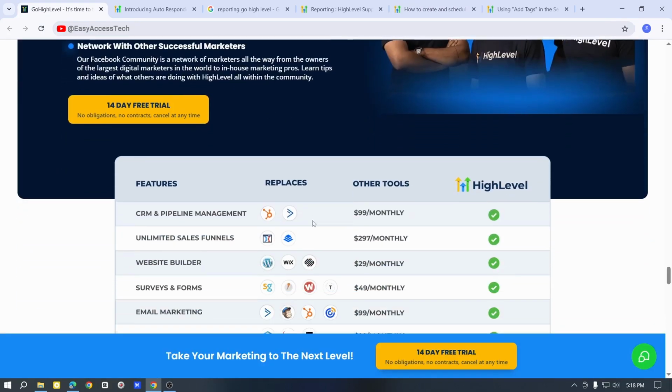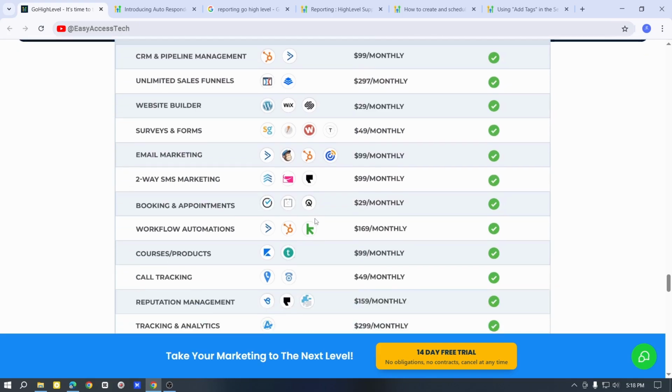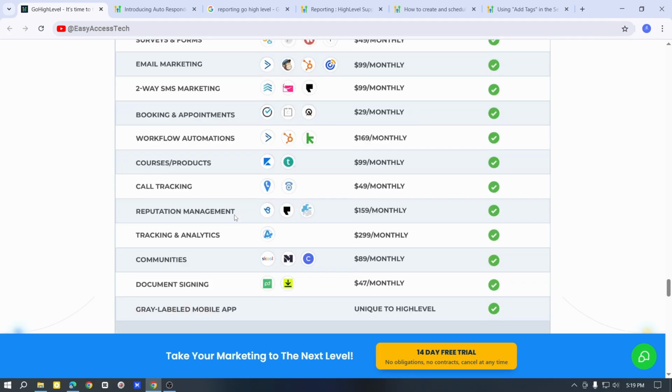The truth is, GoHighLevel has a lot of features and it can feel overwhelming at first, but the platform is built to be manageable. Once you get used to it, the time it saves in tracking, following up, and organizing leads is enormous. So to sum it up, GoHighLevel helps you track leads like a pro by giving you a clear pipeline, smart automation, and tagging and reporting all in one platform. Whether you are running your own business or managing clients for an agency, it keeps your sales process organized, efficient